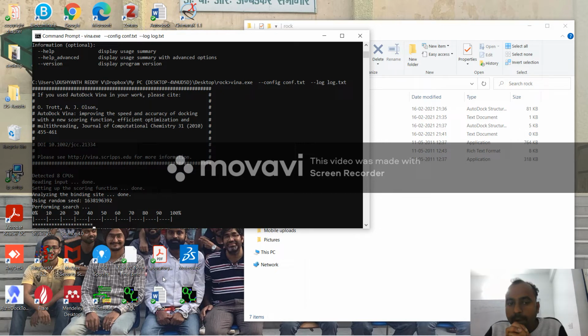The efficacy and speed of your analysis or docking depends upon the type of computer you are using. If you are using a GPU, that is a graphical processing unit, the system runs very fast. If you are using a CPU, central processing unit, the system runs a bit slow. Even if you are using an i7 processor or lower, such as an 8th generation i5, that's okay.